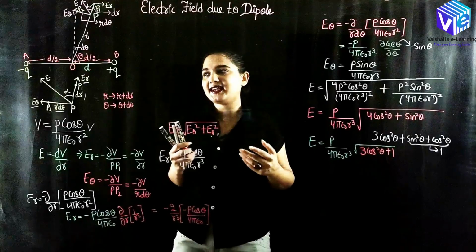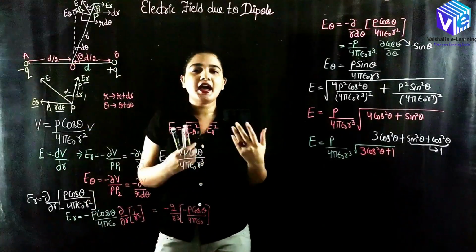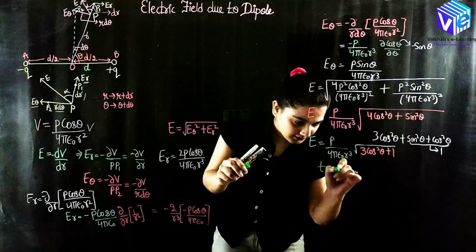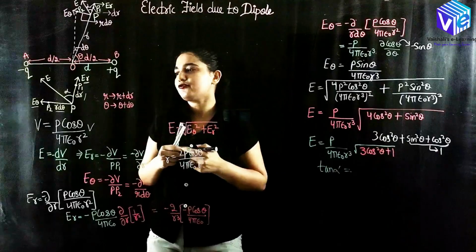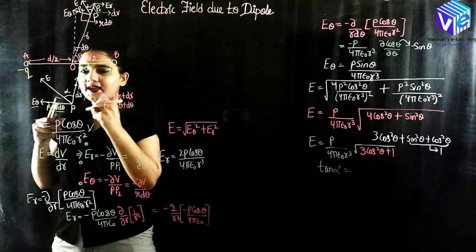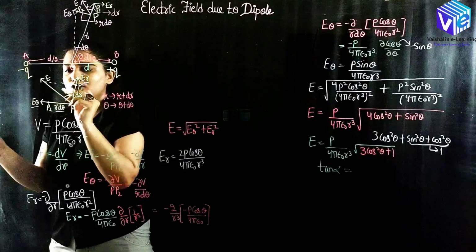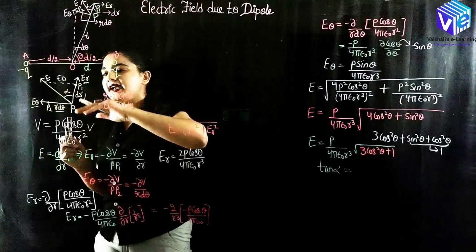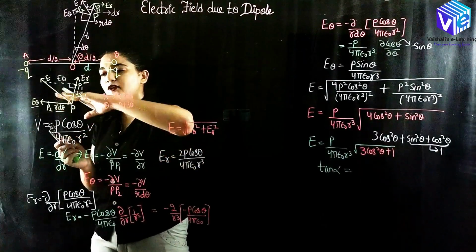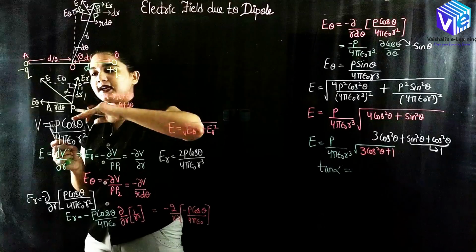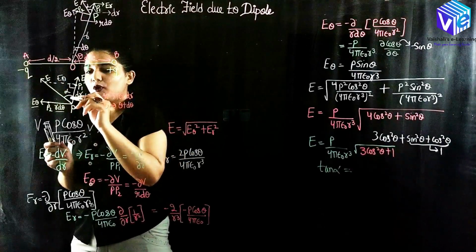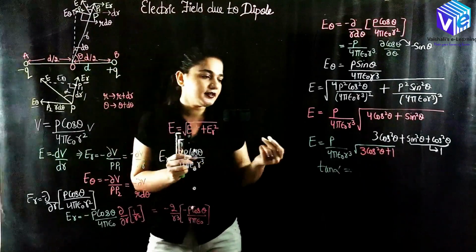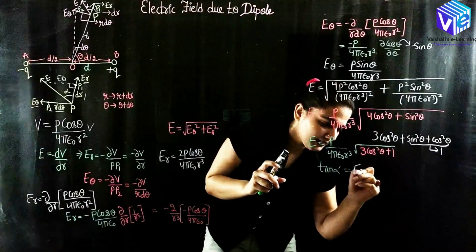And now what about the direction? The direction is given by alpha, and we can find out alpha. So tan of alpha, from here I can make a perpendicular. This perpendicular will be my E_theta. So now this is a right angle triangle. What I have done is translated E_theta upwards. So here, what is my tan of alpha? Tan of alpha will be E_theta upon E_r.